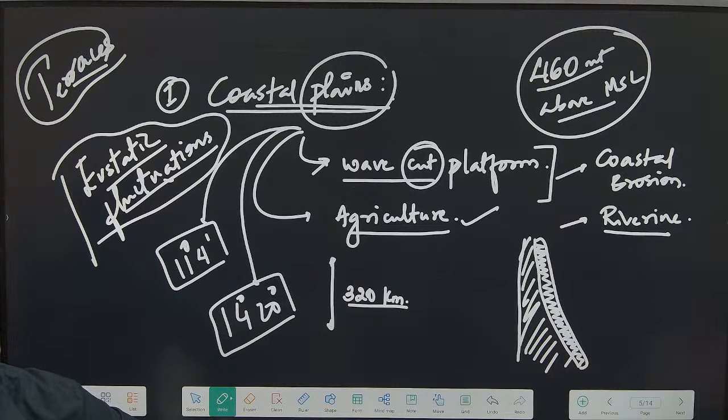Is there any old stage activity over here? Not yet, not anymore. In the western coastal plains, can you expect the west flowing rivers to meander? Why? Plains need not be there. Is there a mature stage? Meander is a characteristic feature of which stage? If there is a mature stage, meandering must be there.